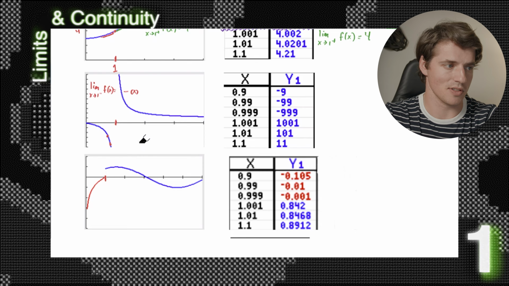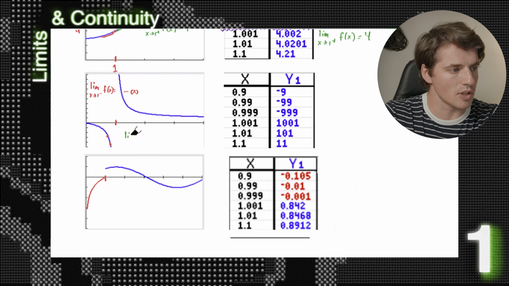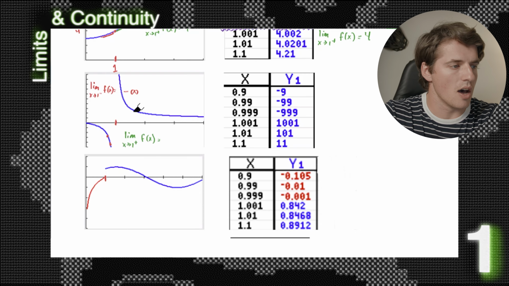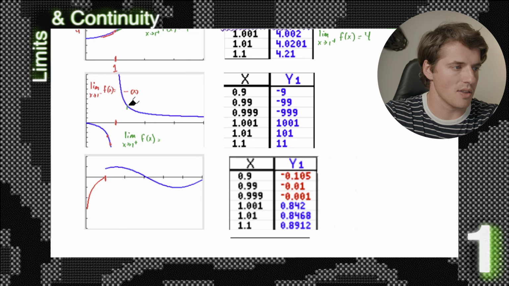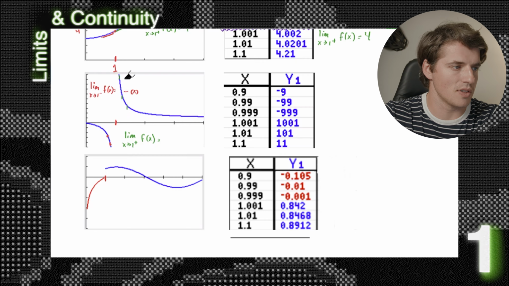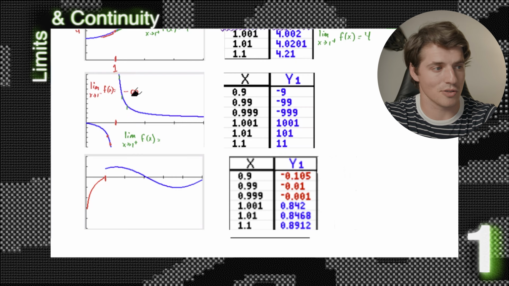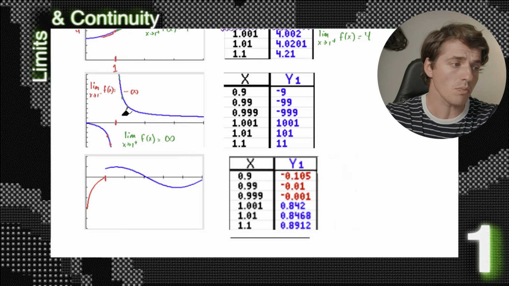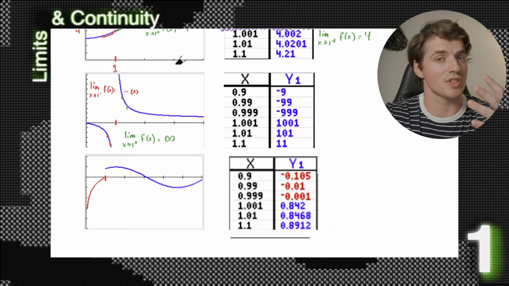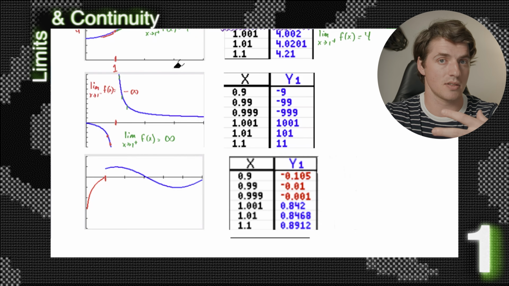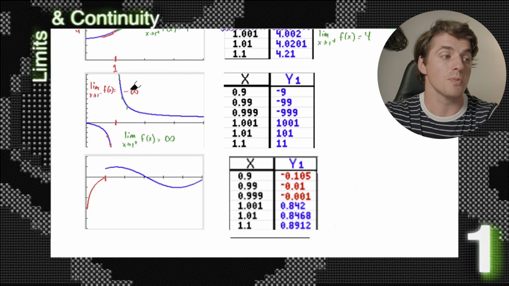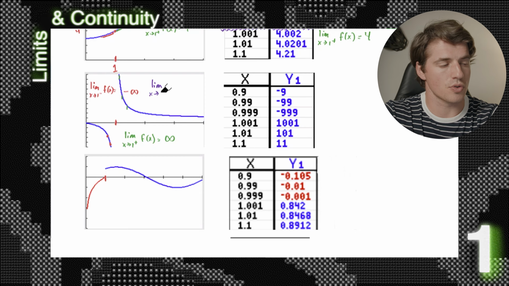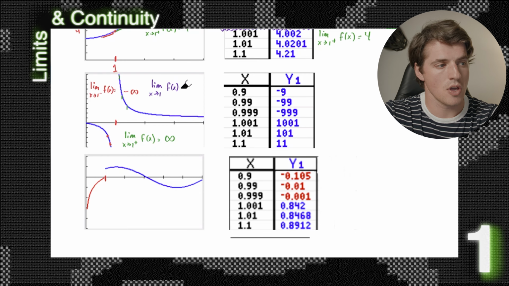Our values keep decreasing. And on the right side, the limit as x goes to 1 from the right of f of x, where we check, okay, there's our value as we get closer. These values just keep getting bigger and getting bigger faster. So we notice that the limit on the right side is equal to infinity. Okay, so what I just said earlier is if these two-sided limits are equal, our limit is whatever that value is. So because these two limits are unequal, the limit as x goes to 1 of f of x,